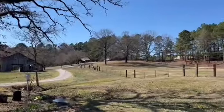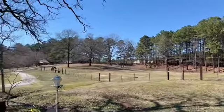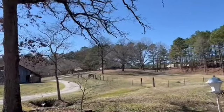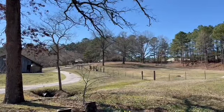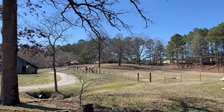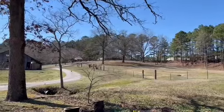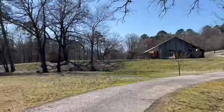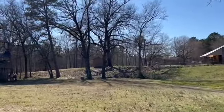So if I were going to put it along this fence line, I have quite a distance that I can do it. There's a nice spot right up at the top. You can see in the distance, there's a cabin. We're working on the cabin to use as an Airbnb. So I really don't want to get the hives too far down that way because I wouldn't want our guests to end up getting stung. My last choice